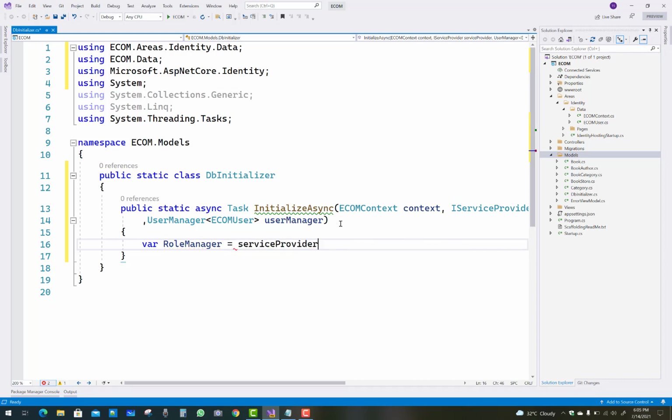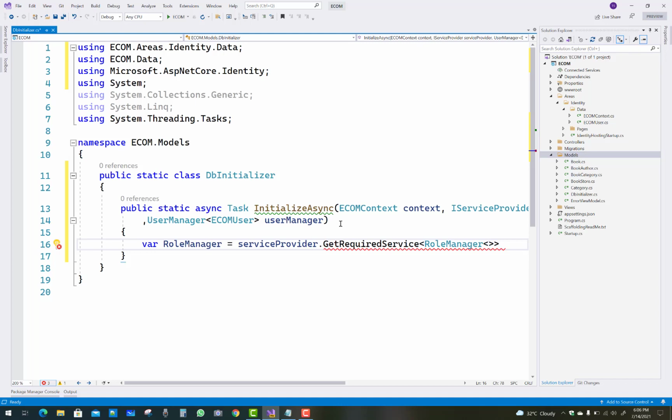So serviceProvider.GetRequiredService is the method in the service provider class, and the service we need is the role manager, in which you can add identity roles.